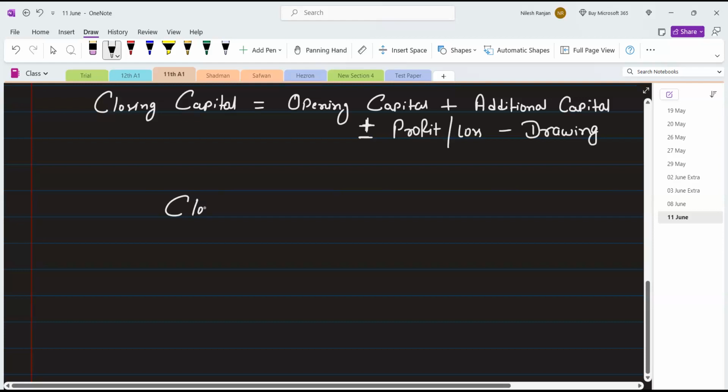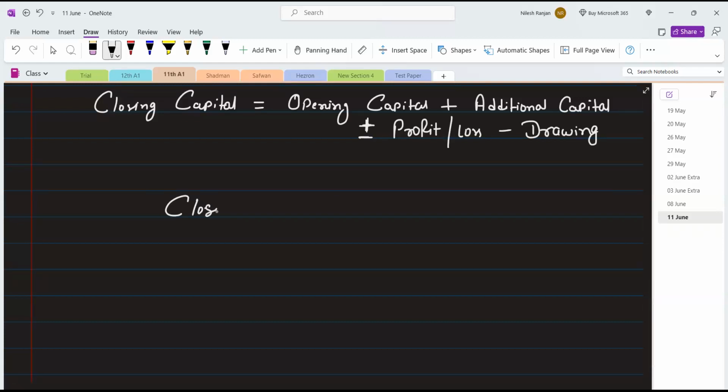If closing capital is given, opening capital is given, and profit and loss is not given, then you will write closing capital here plus drawing minus